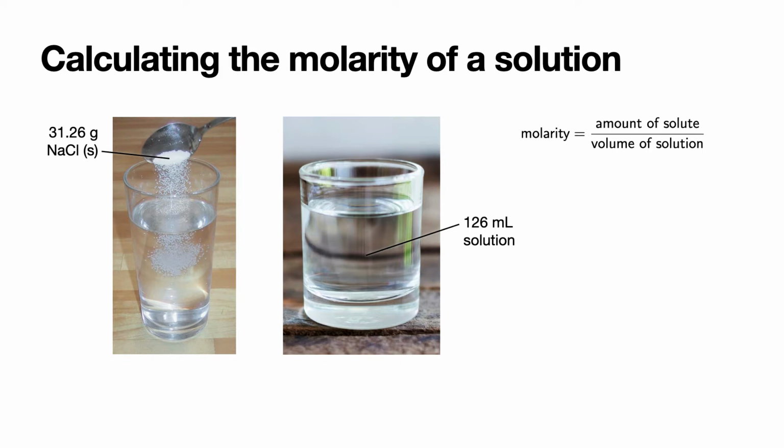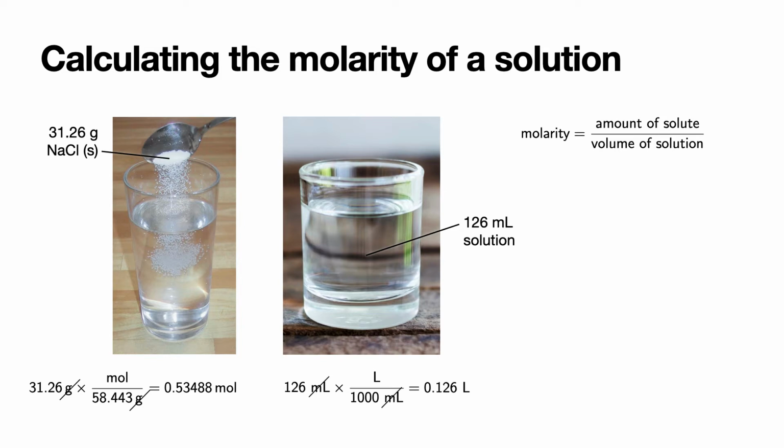So we know the number of grams of sodium chloride, so we would first need to convert from grams to moles, dividing 31.26 grams by the molar mass of sodium chloride, 58.443 grams per mole, gives us an amount of 0.53488 moles of sodium chloride. And then the volume of our solution, 126 milliliters, dividing that by 1,000 milliliters per liter, gives us a volume in liters of